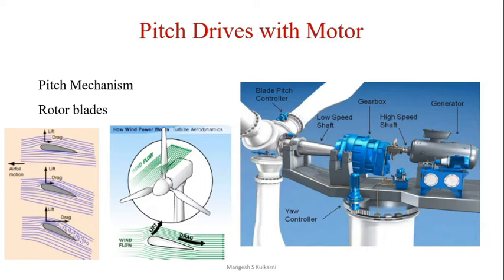The second part is the rotor blades. The portion of the wind turbine that collects energy from the wind is called the rotor. The rotor usually consists of two or more fiberglass or metal blades which rotate about an axis, either horizontal or vertical, at a rate determined by the wind speed and the shape of the blades. The blades are attached to the hub, which in turn is attached to the main shaft.